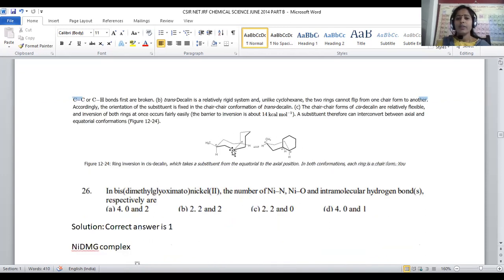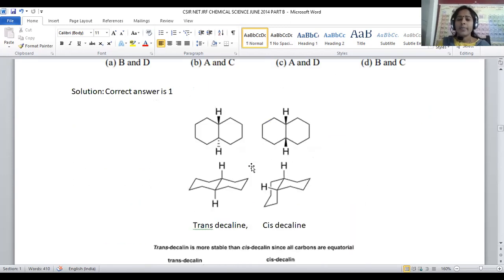So this is the kind of ring flipping where initially the molecule is in this manner, and we completely rotate the molecule by 180 degrees, which is called ring flipping. So entirely moving through a 180 degree rotation by gaining 14 kilocalories of energy is called ring flipping. Initially, if an equatorial methyl is there, after flipping, after rotation, that group will be converted into an axial position. So the configuration will be entirely inverted within the molecule. That is purely possible in the cis rather than the trans isomer.